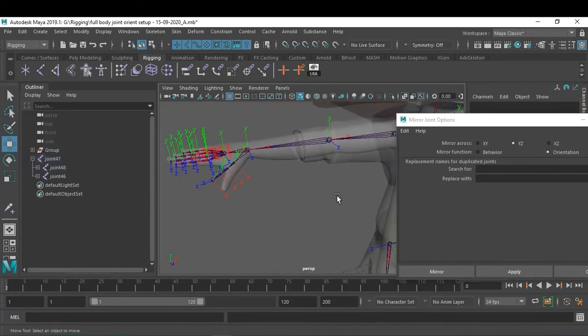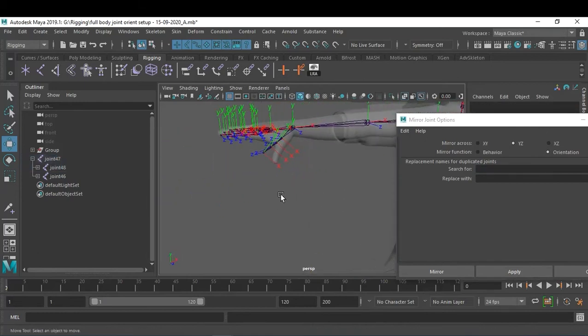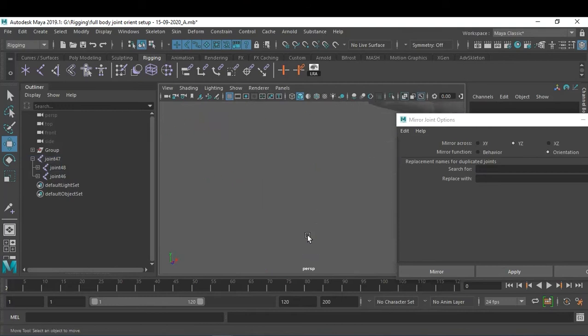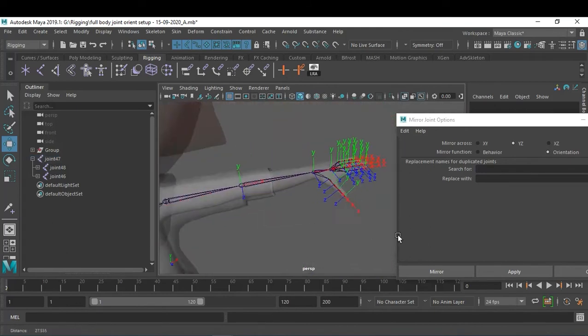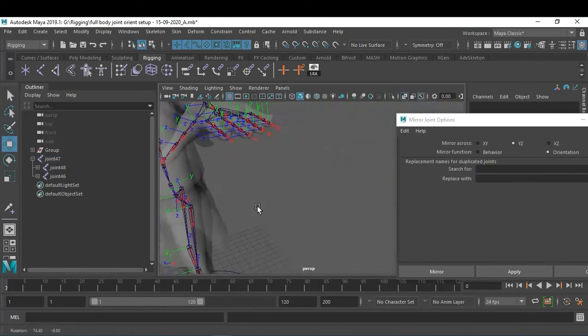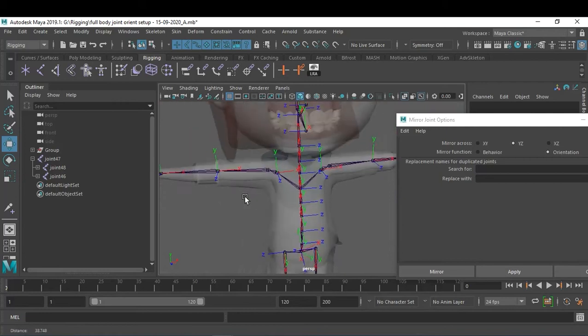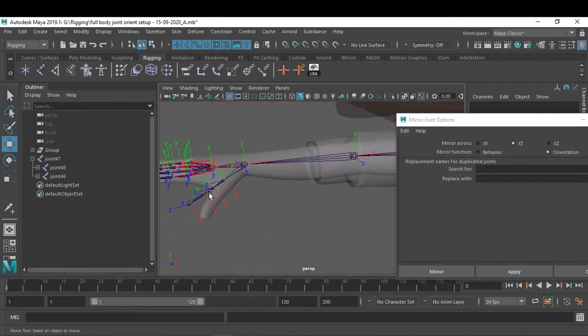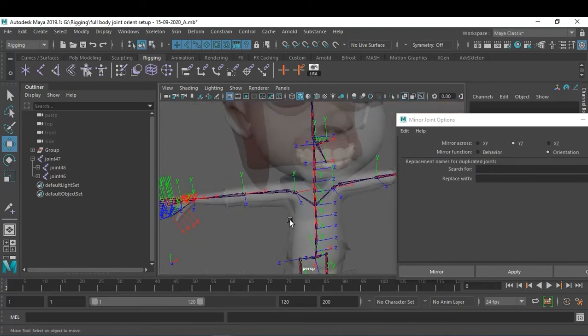If it is going fine, it's going fine. Just see, this is not going fine, like this we need to work out. I think this joint is going fine over here. So I think we need to work on this particular joint. Check it out.